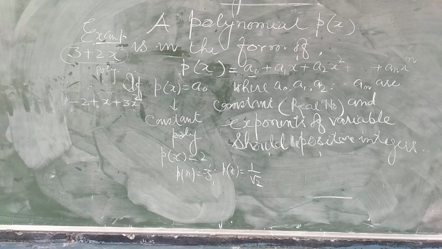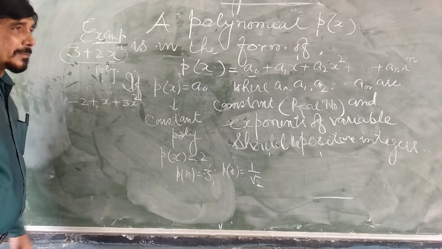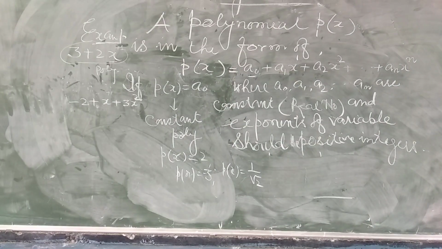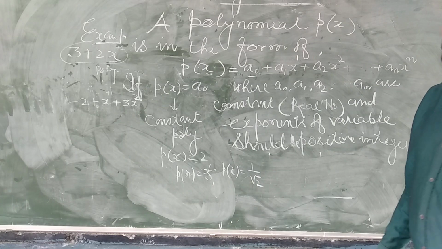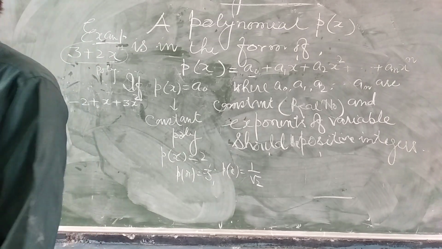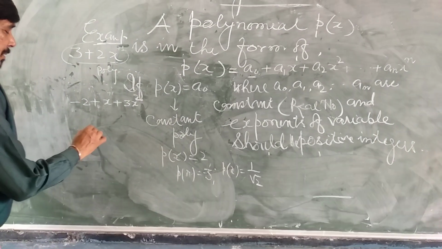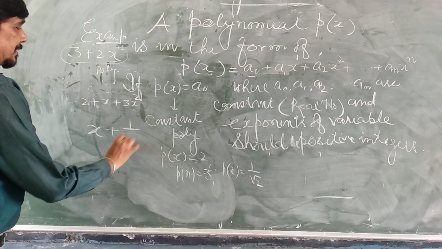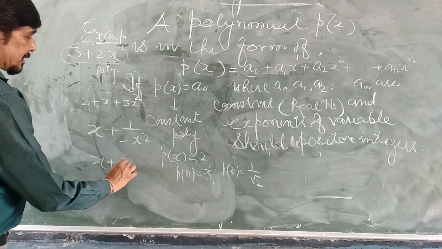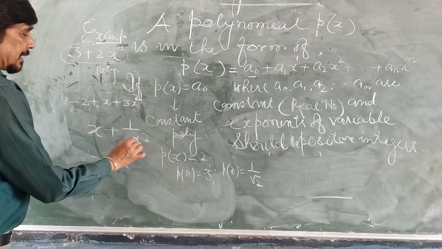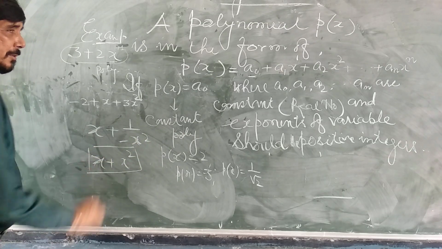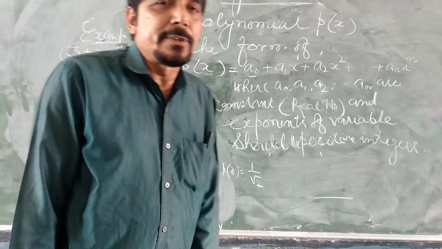Okay? Now it may be given in so many terms, but where the variables are coming, first you rearrange the variables. Always rearrange so the variables are in numerators. Suppose the expression is given like this, x plus 1 by x to the power minus 2. So first you rearrange it as x plus x square by applying the law of exponents. Now check in each term whether the exponent of the variable is a positive integer or not.